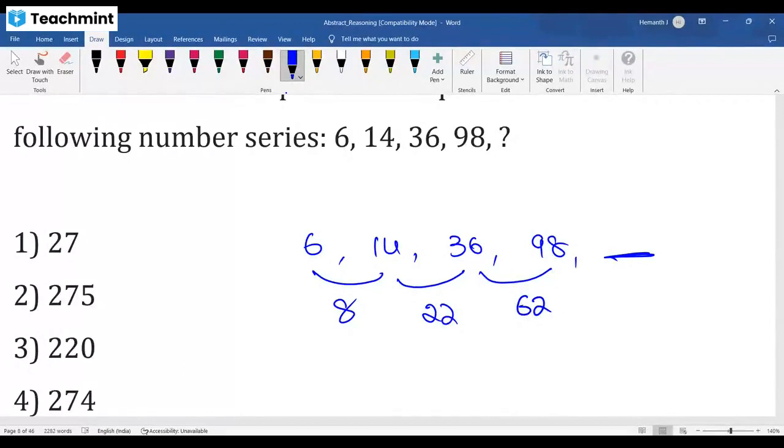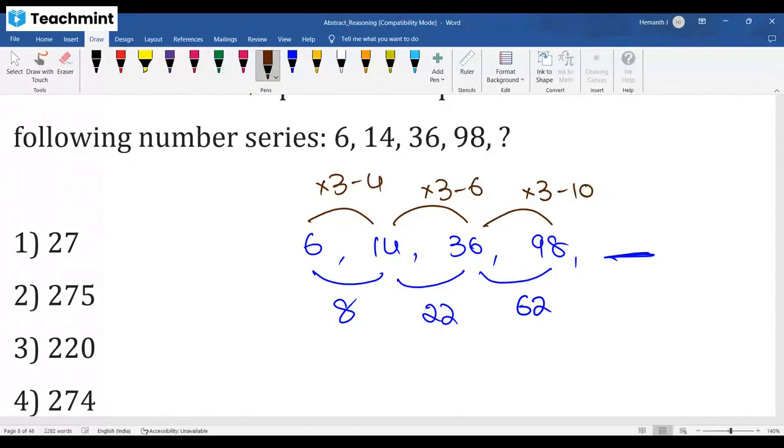Multiplied by 2 plus 2, multiplied by 3 minus something. 36 multiplied by 3 is 102. Yeah, fine. 16 into 3 is 48 minus 4. 14 into 3 is 42 minus 6. 36 into 3 is 108 minus 10. 98 into 3 minus something, if you try in that way. 98 three times, you get 294